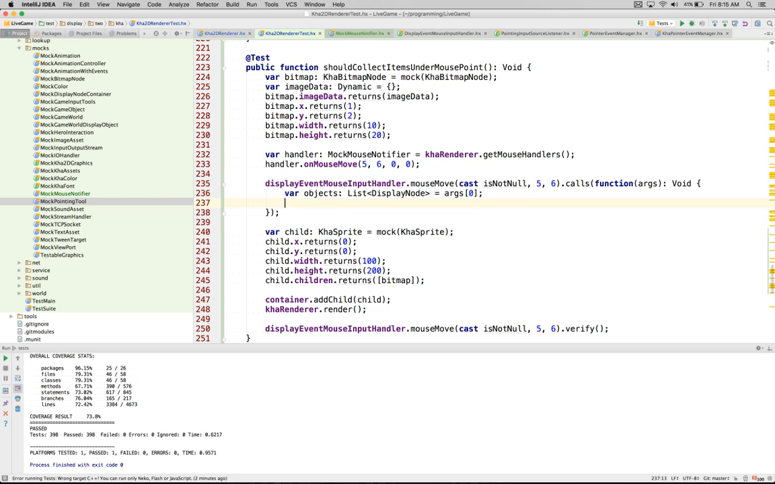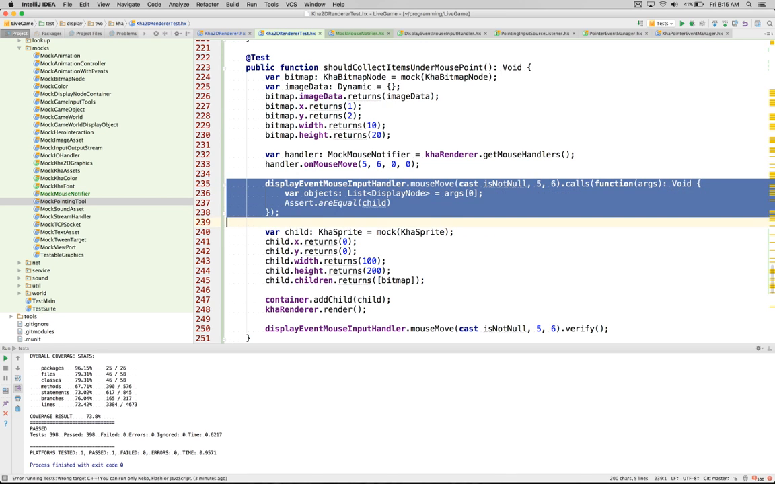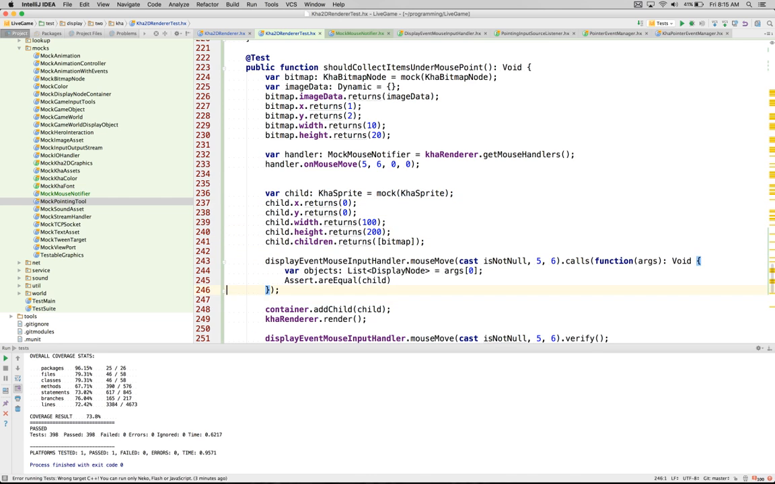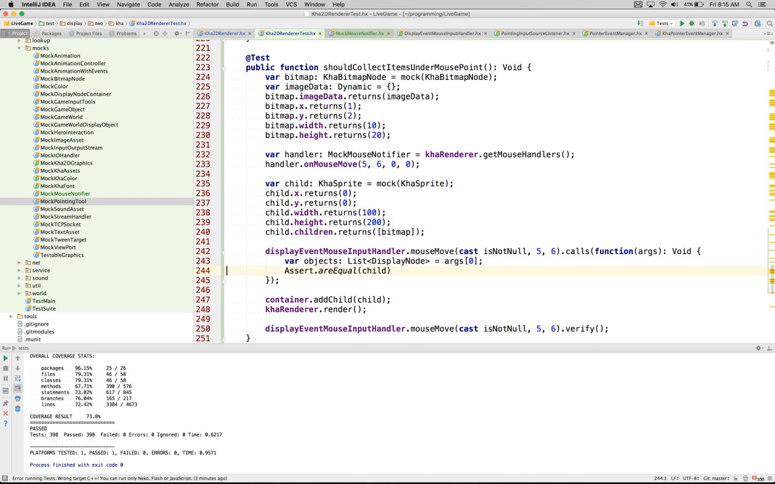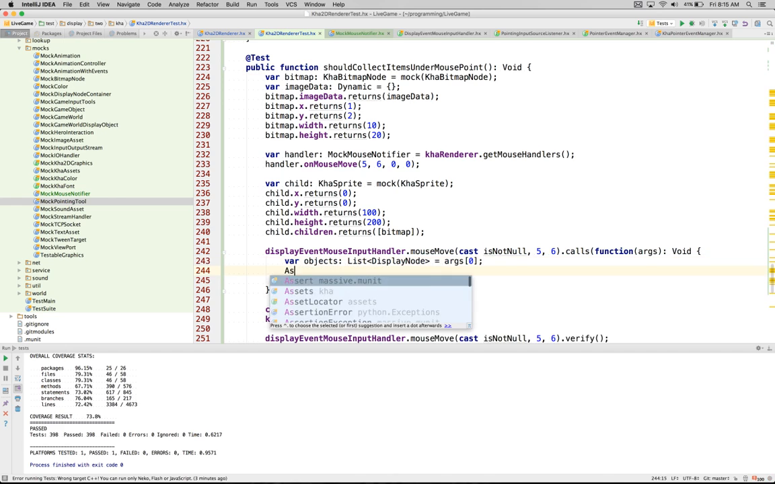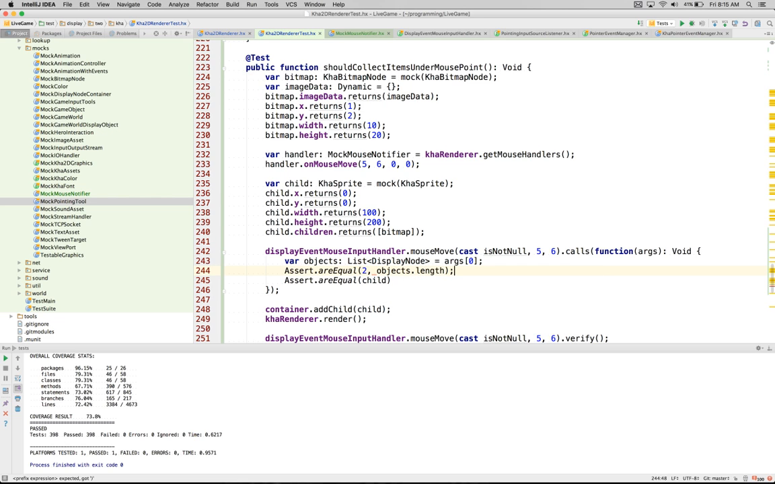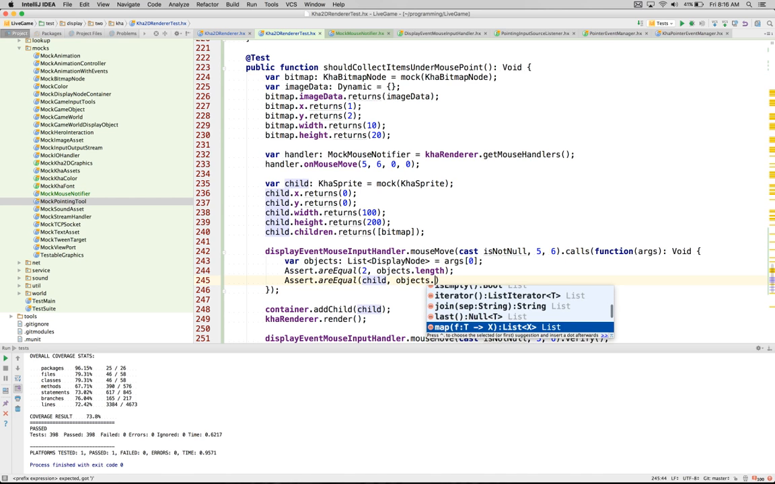Actually, we can do the search are equal. So it should go from top down. So first thing should be this child. So here we have to move this down. First of all, we're going to search are equal to objects length. Okay, and then this first one is going to be objects. I think we can do